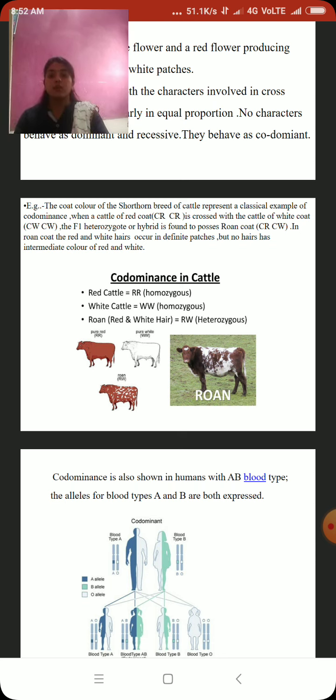Codominance is also shown in humans with the AB blood group type. The alleles for blood types A, B and AB or O are expressed. So this is about the law of